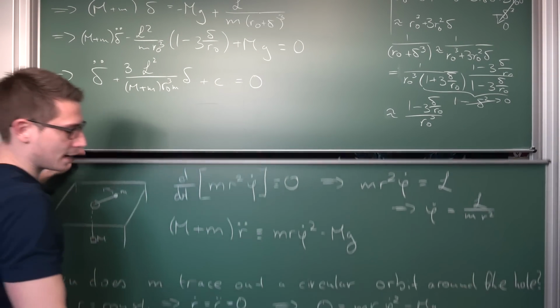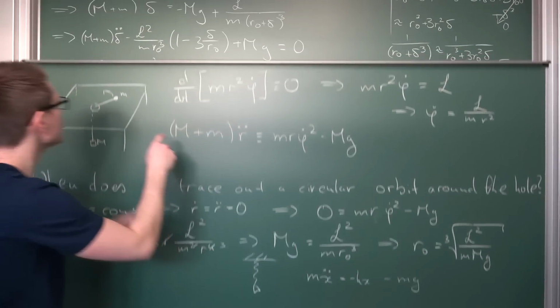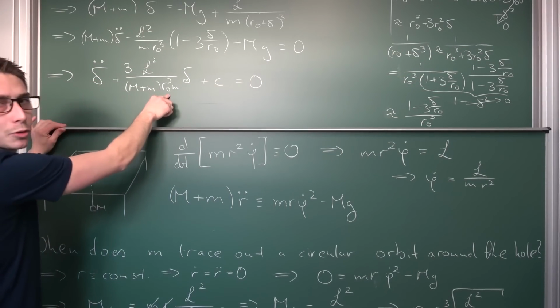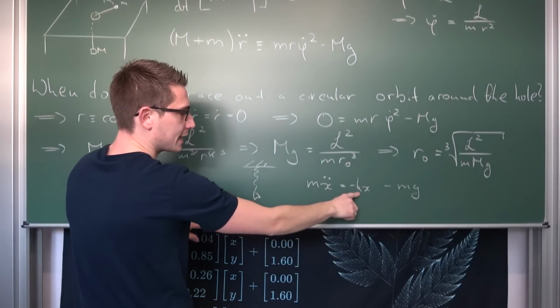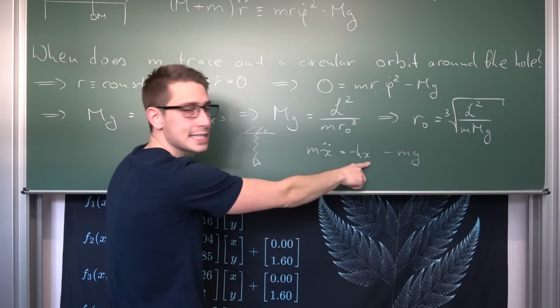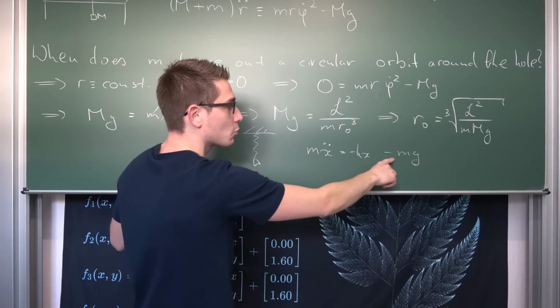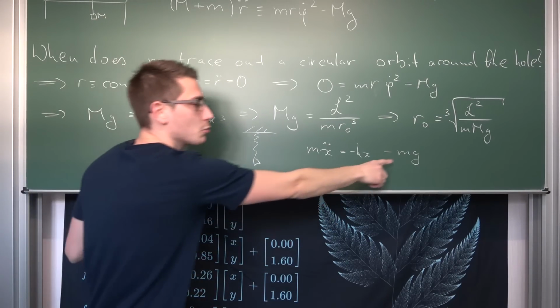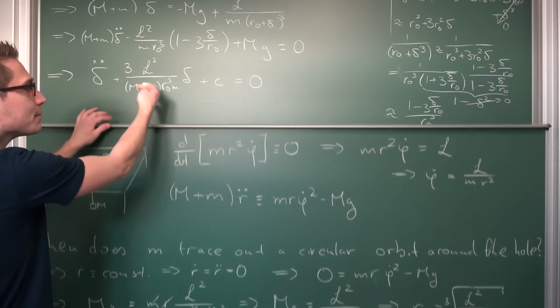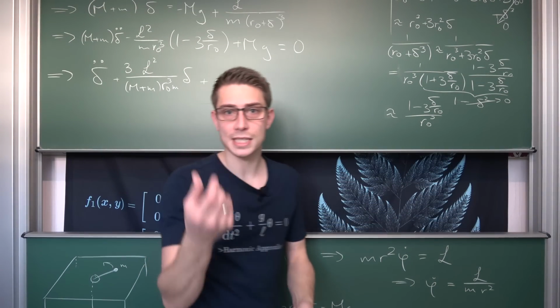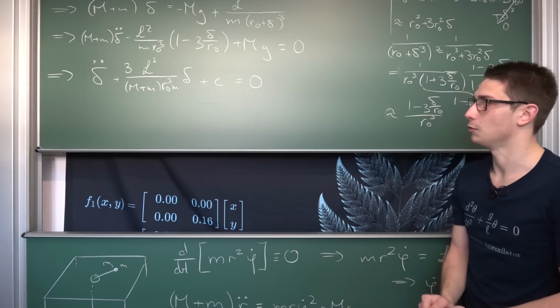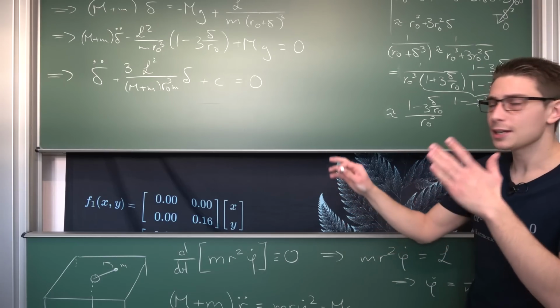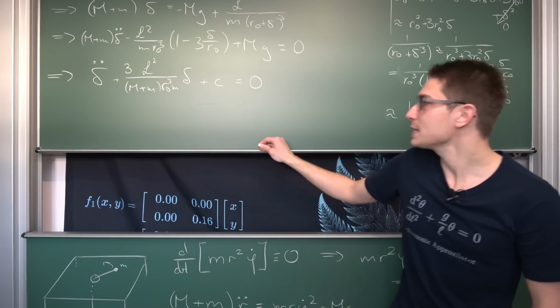And now you might see the similarities. We have some x double dot term right here, which is delta double dot. We have some constant, so k divided by m basically, times our delta or x, and then we are going to have plus some other constant, which is going to be g in this case. And it's the same case here, and we all know that the spring system is basically a harmonic oscillator overall. And this is quite cool, right? And you can actually see at a glance what the frequency is going to be.